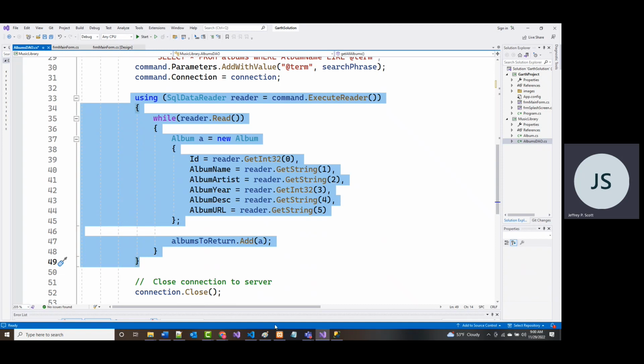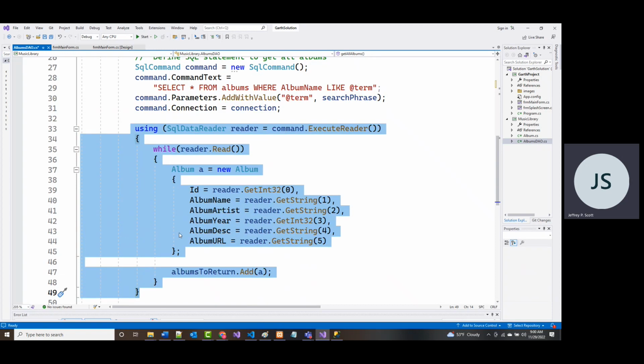The reason that that's important is we're using a select statement. And with a select statement, that select is right here, you cannot change data with a select. It's not physically possible, legally possible, whatever you want to say. So we're creating right here an SQL data reader that's called reader, and we're telling it to execute reader.